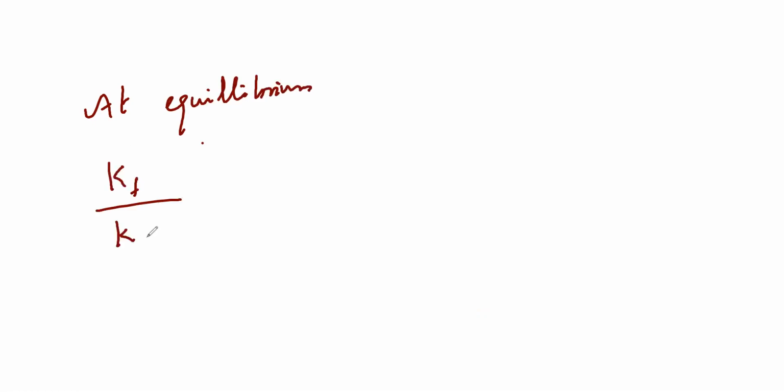But before that, at equilibrium, we know that the ratio of Kf by Kb, forward reaction constant and backward reaction constant, is equal to Kc. Kc is nothing but our equilibrium constant respectively. Correct? Now, I'll tell you the importance of this and in what problem this is used. Very important. This is actually asked in all the examinations. One question will definitely come. I can guarantee you this.